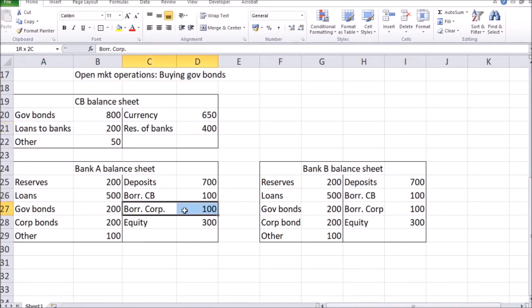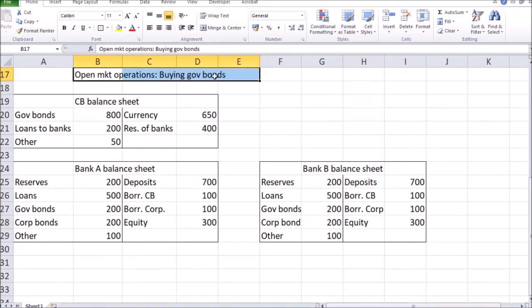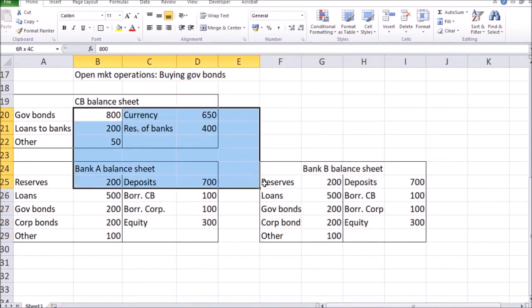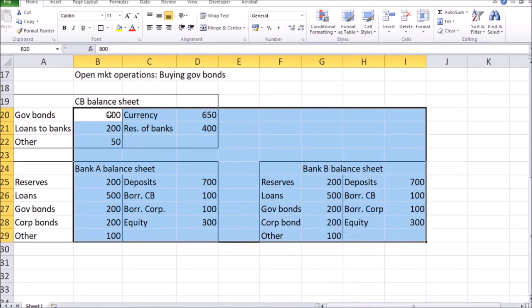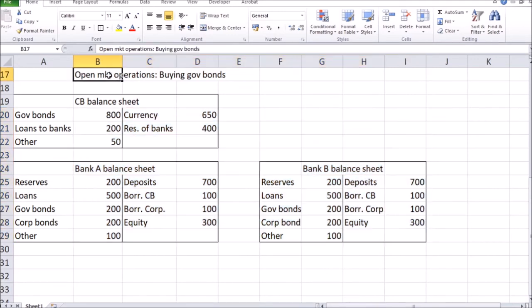And commercial banks can also borrow from each other or from other corporations. Let's say they borrowed from other corporations over here, and the rest is the equity or the capital of the commercial bank. Now let's say the central bank wants to increase the money supply by 300, and whatever the units over here, perhaps that's in millions, billions, trillions, whatever it is, the central bank wants to increase monetary base by 300. It wants to purchase 300 worth of government bonds.